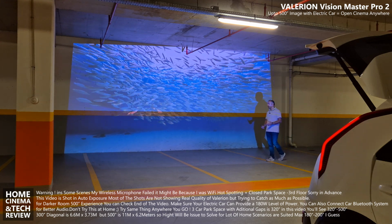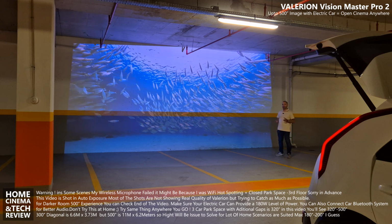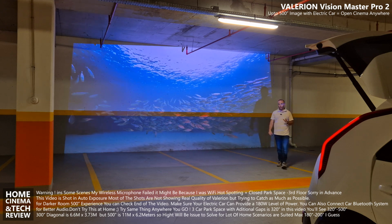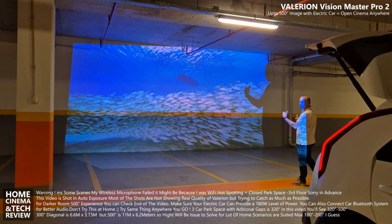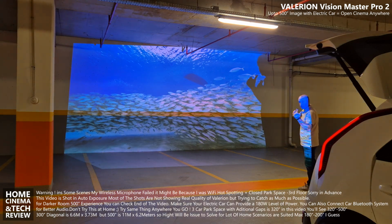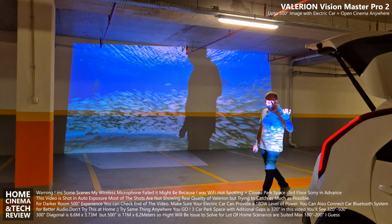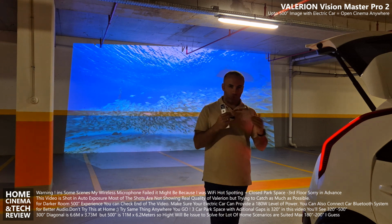Closed environment. Other than that, I need to find open space. I wish I could create 500 inches, but if you ask me, 500 inches won't make any problem. Guys, I need to walk back. That's the main thing that people are missing. It must be the perfect destination. The space,